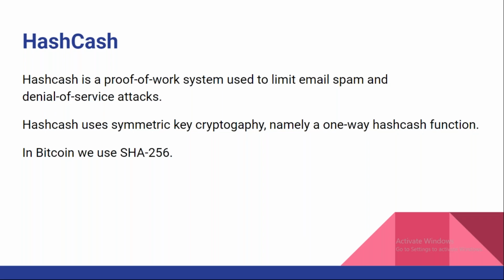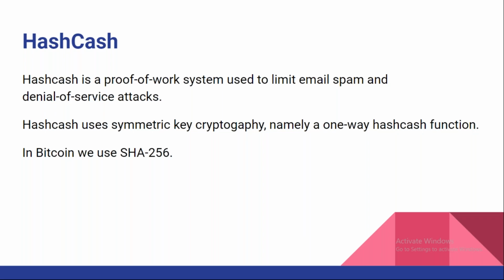Suppose my name, Nani, is hashed and I get a fixed-length hash value. Using this hash value I cannot get back to the original input. That we call one-way hashing. In Bitcoin we use SHA-256 as the hashing algorithm, and in Ethereum we presently use Keccak-256, I think. I have to check it once. So, understand what ECDSA does and what Hashcash does.